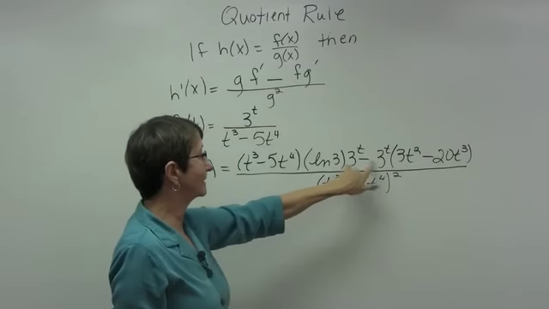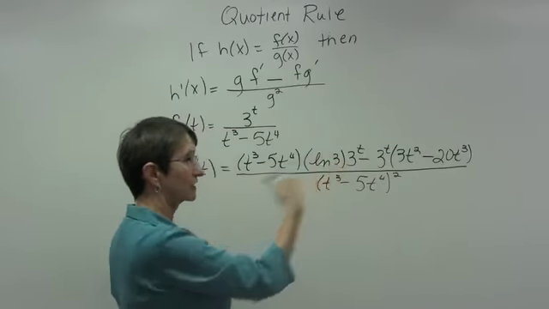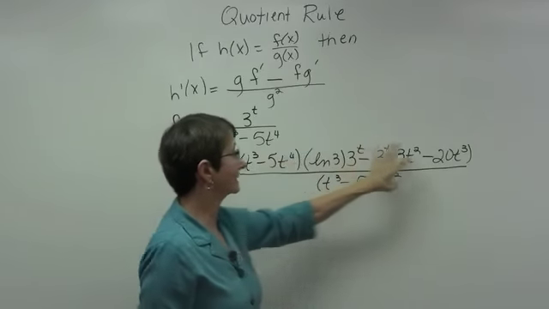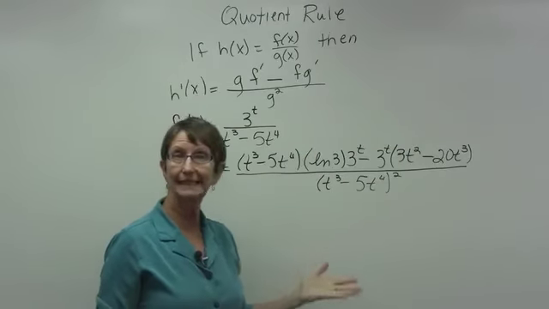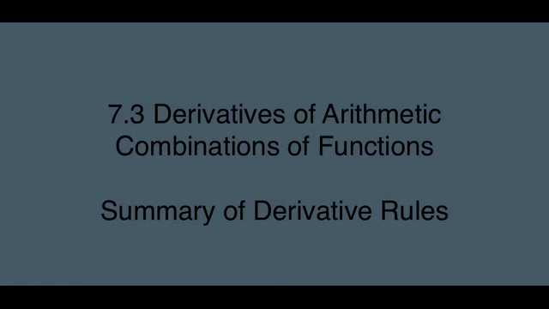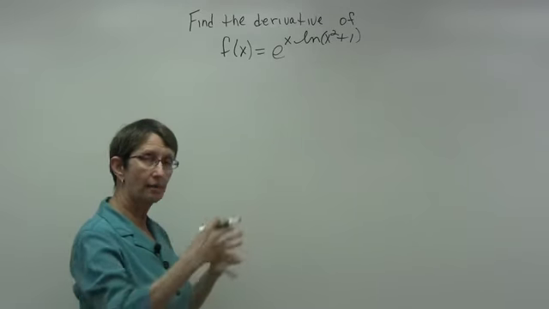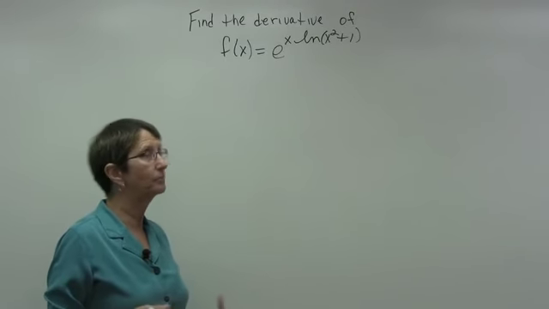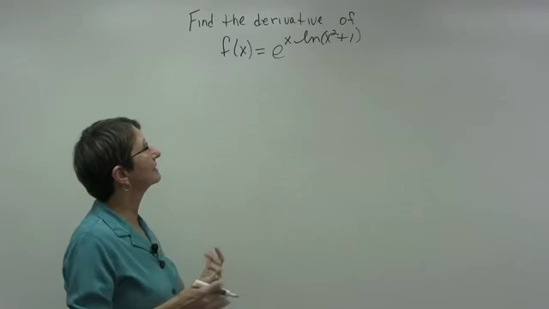Sometimes you may see this 3 to the t factored out of each piece, but this is a perfectly good way to leave the answer for this quotient rule problem. So it's a combination of rules, as a lot of these have been, and we need to think always in